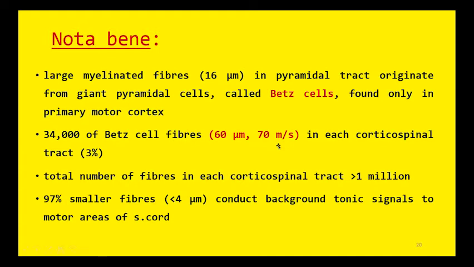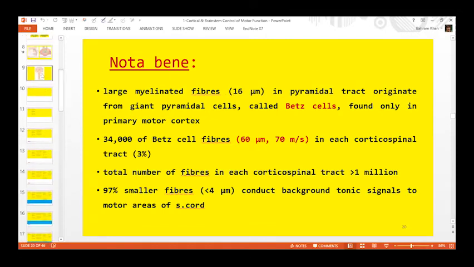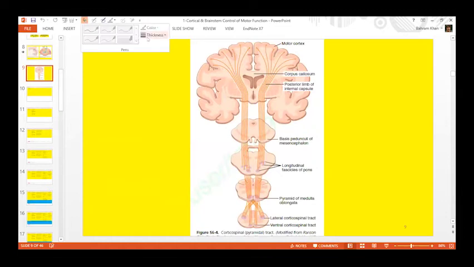So just to summarize the corticospinal tract, you can see the input comes from the primary motor cortex, area 4, 30% fibers from area 4, 30% fibers from area 6, and the remaining 40% fibers input is from areas 3, 1, 2. The other name for areas 3, 1, 2 is somatosensory cortex. So this is the input.